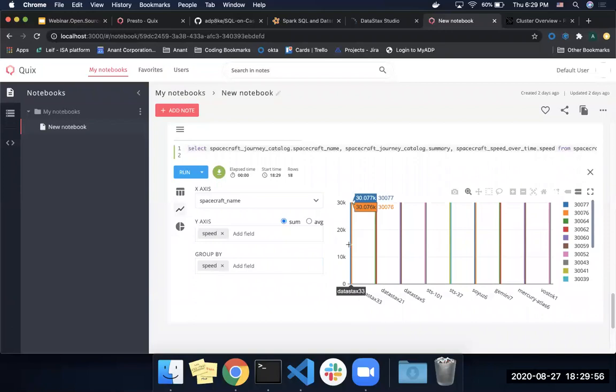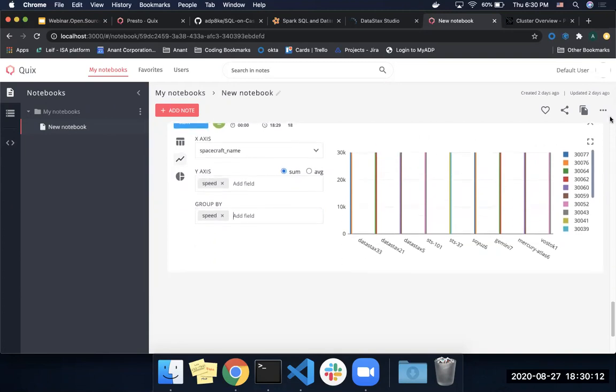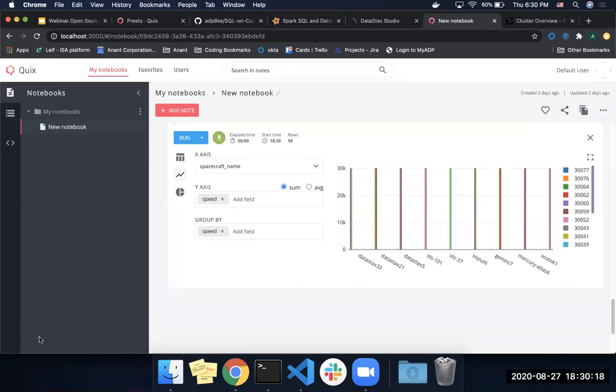So now we can see for DataStax 33, one flight, it has 2 flight speeds. It has 3077K and 3076K. And you can see that for each flight in this quick data visualization, which makes it very easy and fast, which you can then share. Again, this is local, but you can share the URL through the clipboard if you're using a multi-user space,